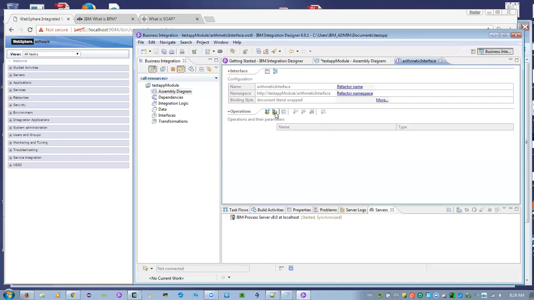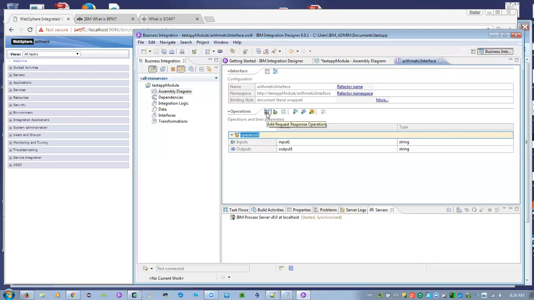Well, let's use a two-way operation. So let's add a function, add num. So in the inputs, since we need two numbers to add